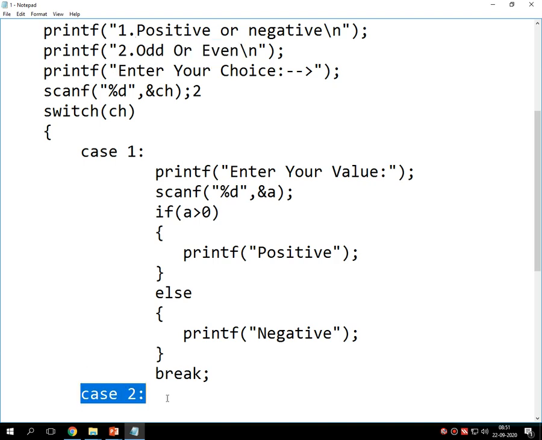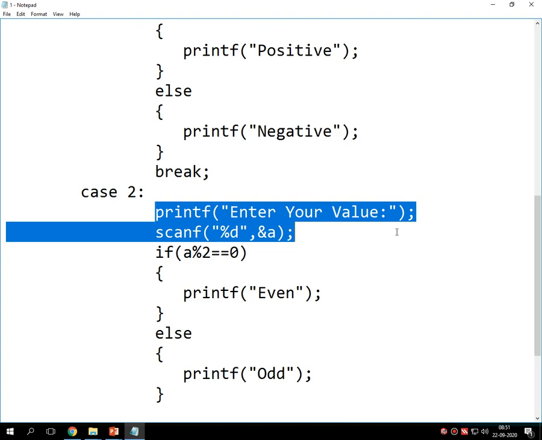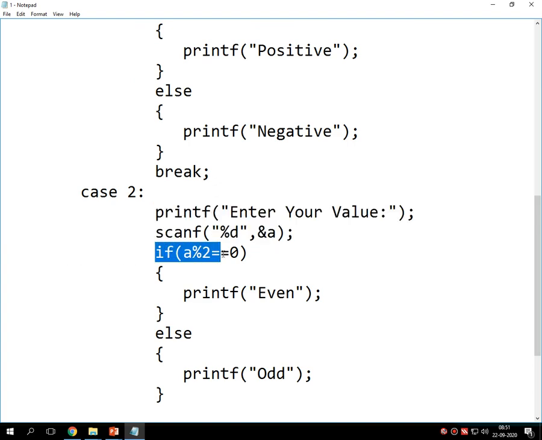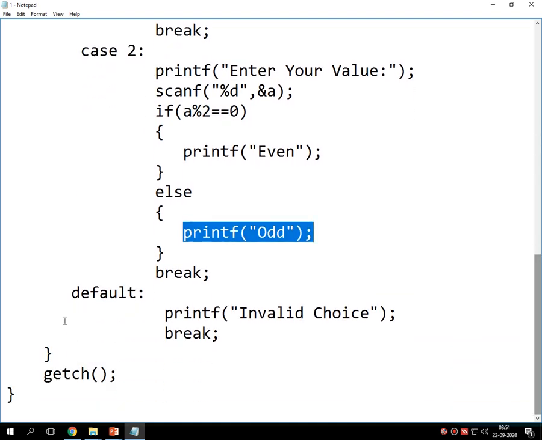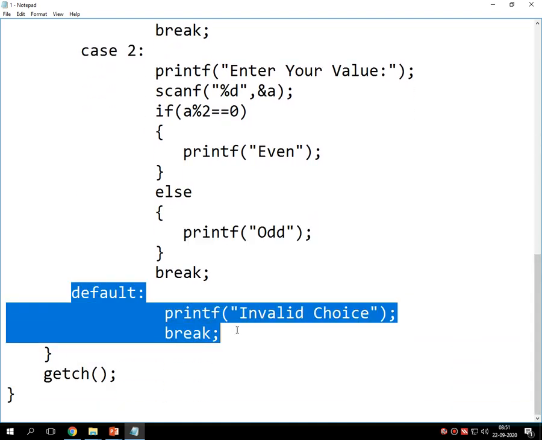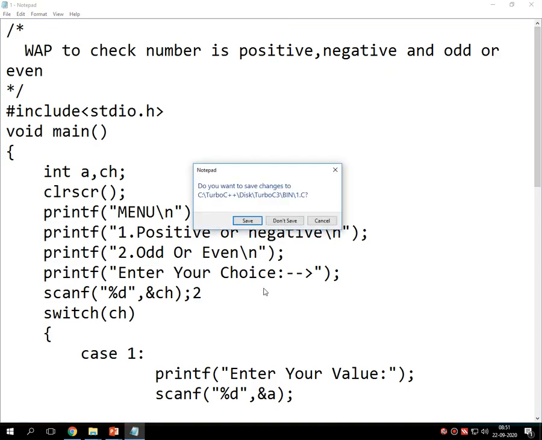That means it selects case number 2. It asks for one value and it checks with modulus 2, and if the remainder is 0, then it prints even, otherwise it prints odd, and for all other choices it prints invalid choice, right? So in this way the entire program works.